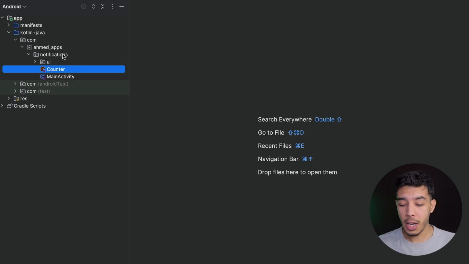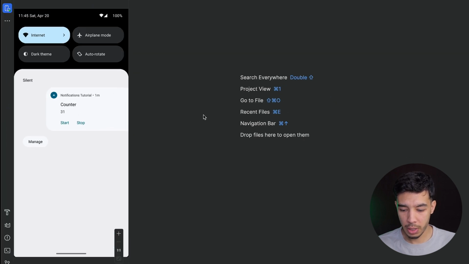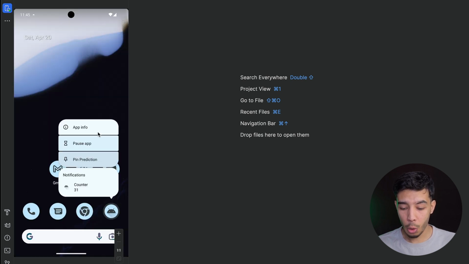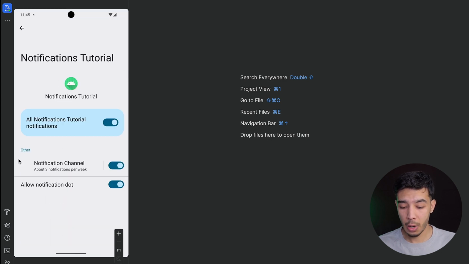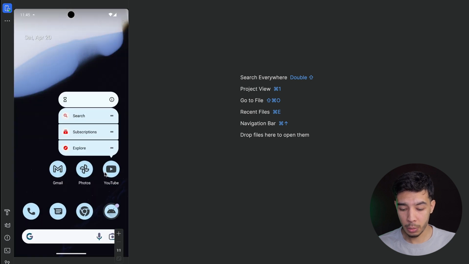Now, let's actually get started with creating the channel ID for our notification. So what is a channel ID? Let's get to Android Studio here. We still have our notification. I did actually make it not swipeable like this. But anyway, if we open our app settings, we go to notifications, here is our channel ID, which is called notification channel. And if we open any other app like YouTube, for example,